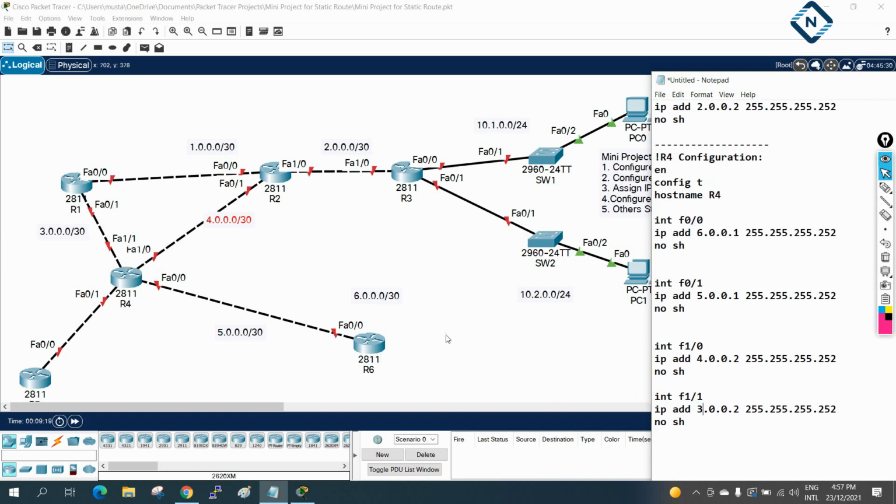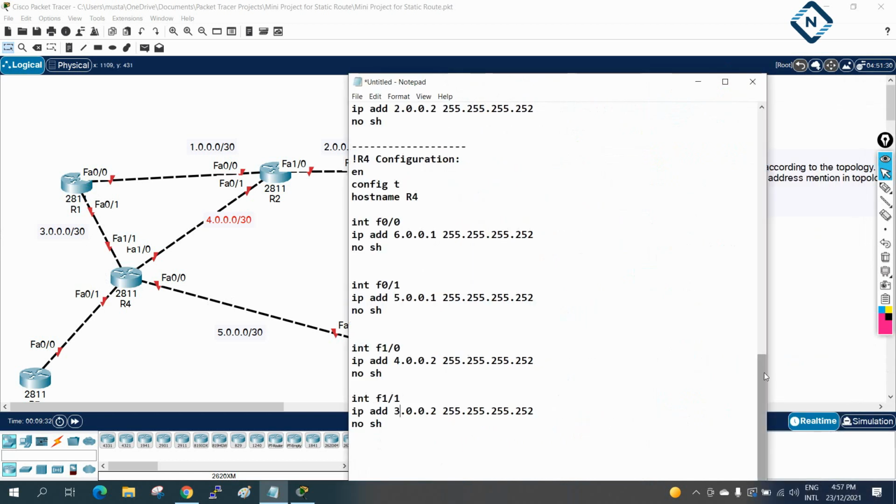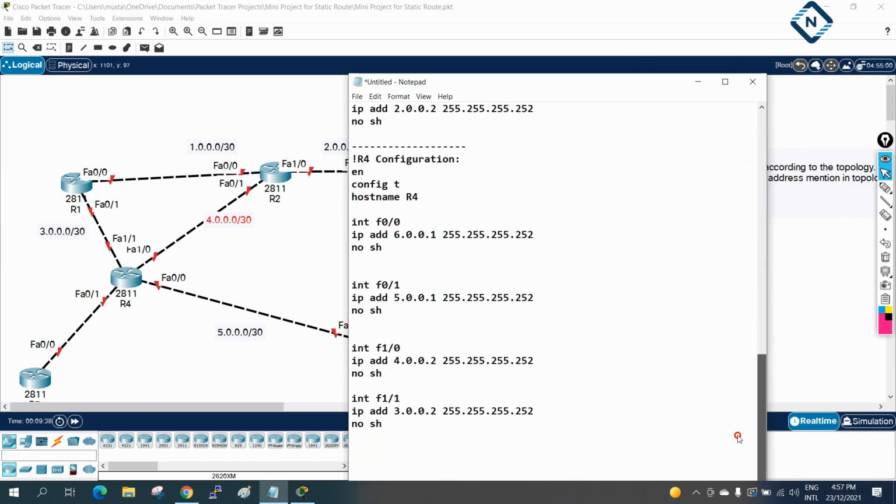This subnet 3.0.0.2 and 255.255.255.252. This one, because if you see in the R1 we use 3.0.0.1 already. So I will use here 2. Okay, here 1 we use, so I am using 2. This one. Okay, so this interface is also okay, no issue.